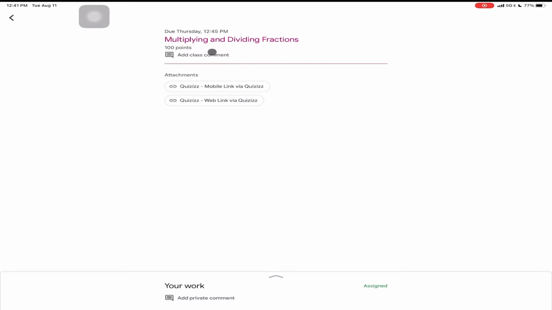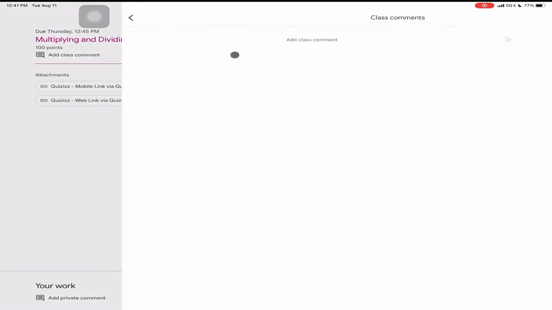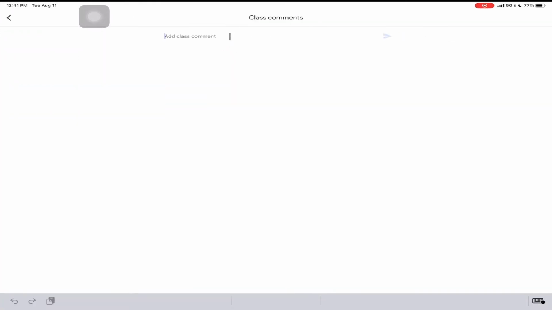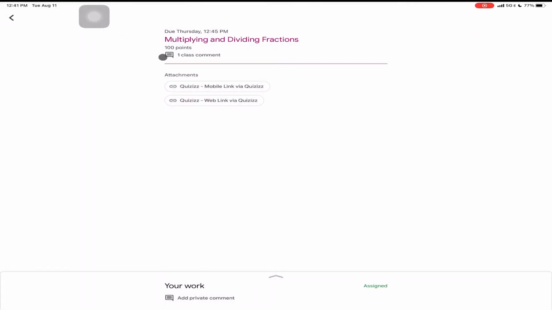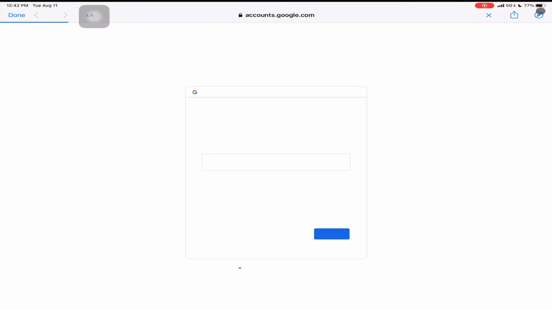So I'm going to click on that, and we can see that it's got a huge point value. Don't worry about that. You'll see it differently in the actual gradebook. I can add a class comment and say, cool, because assignments are just so fun. Big fan. But then you can either open Quizizz using the mobile link. So if you are on a tablet or on your phone, you can do it that way. But I'm going to open the web link for Quizizz,